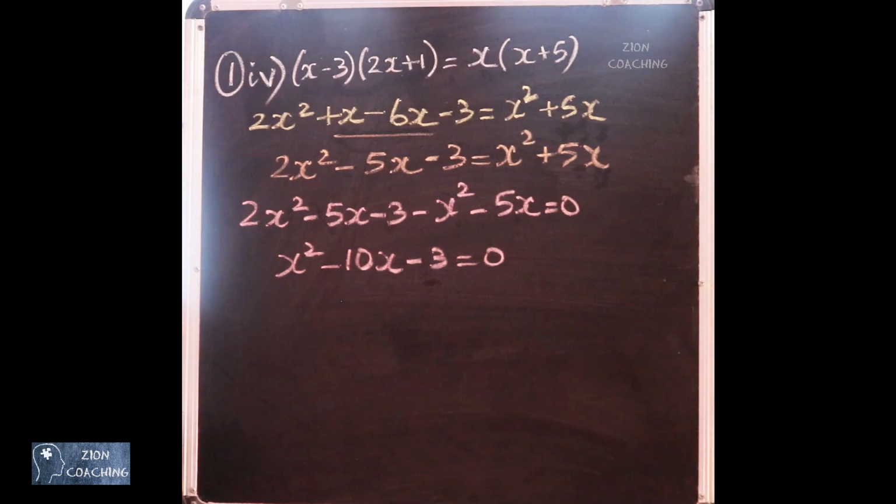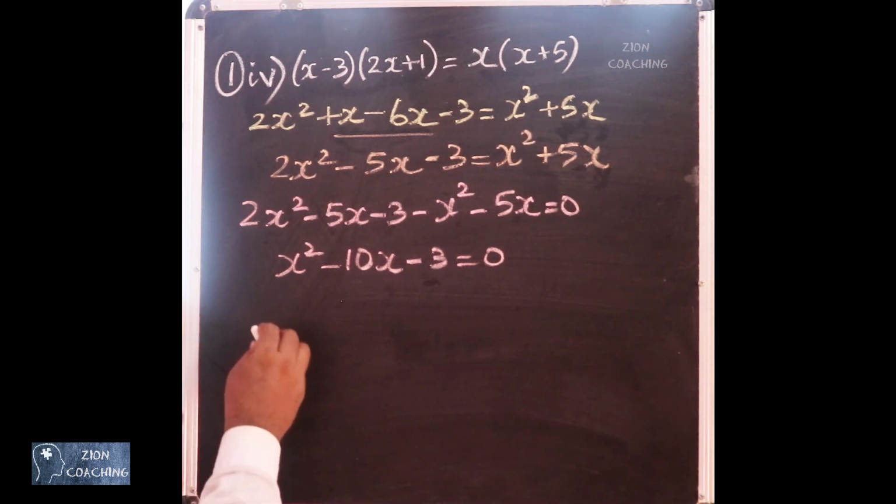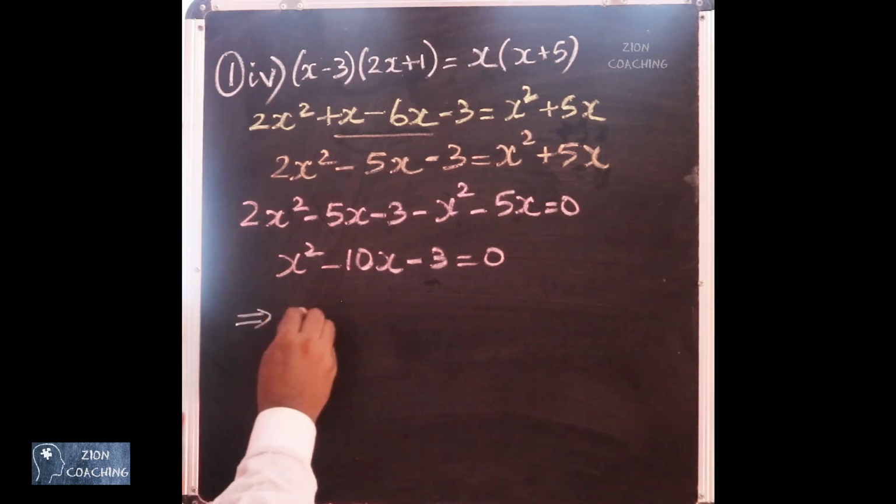Now in the final equation, the highest degree is 2. So it is a quadratic polynomial and it is equated to 0. Therefore, it is